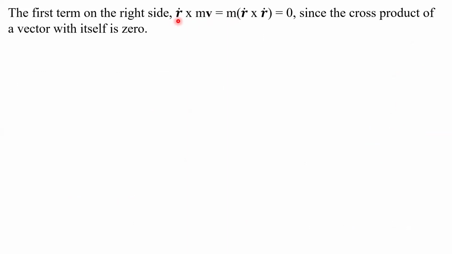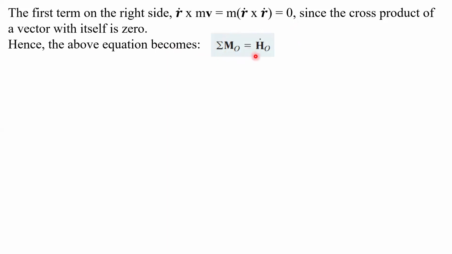So you see that you have R dot cross M R dot. And you know, in a cross product, when two vectors are facing the same direction, the angle between them is 0, and sine 0 is equal to 0. Since the cross product of a vector with itself is 0, hence the above equation becomes